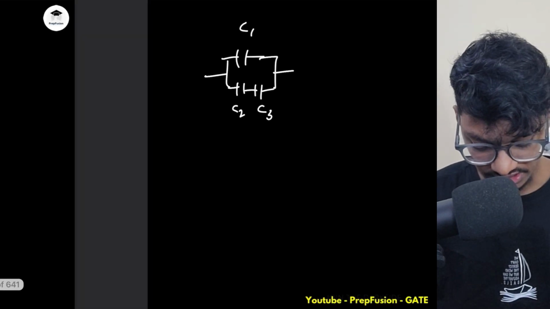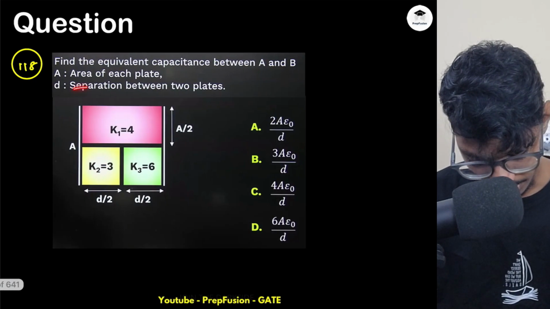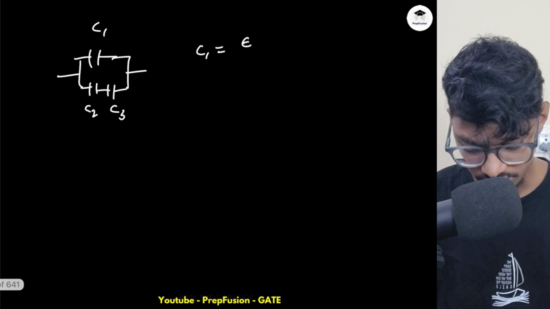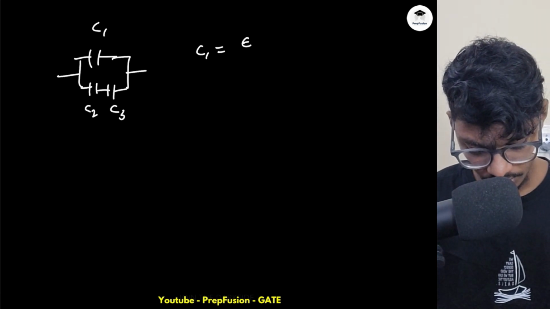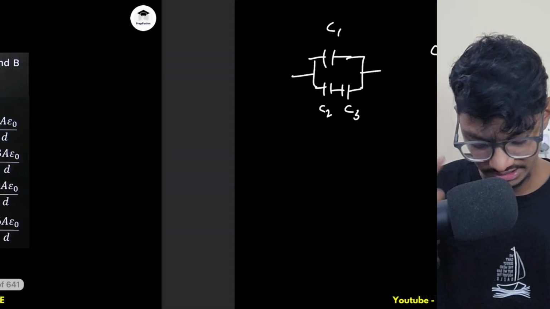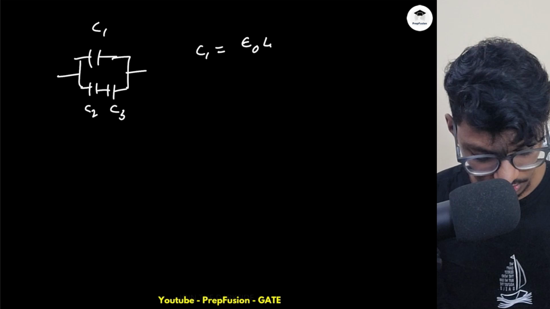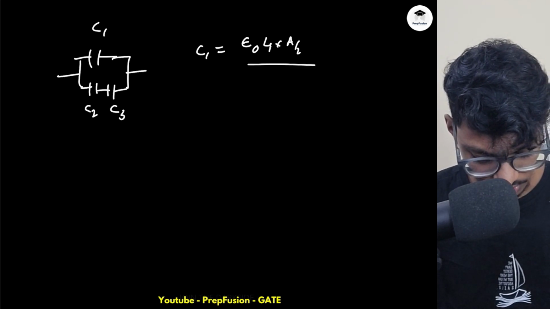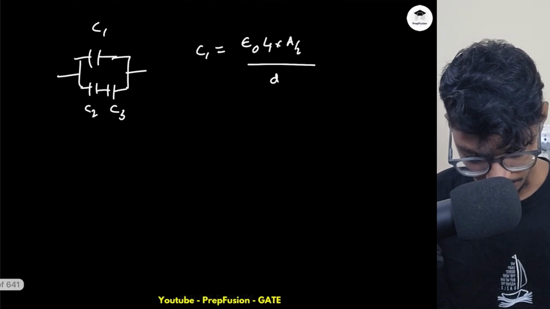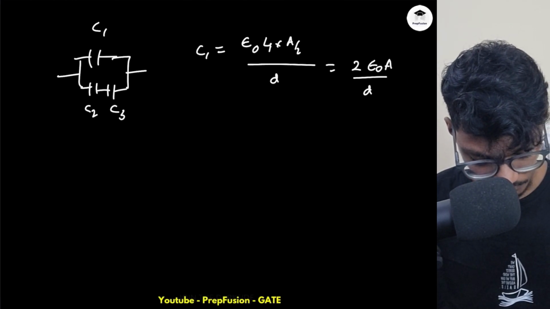Okay. So what is my C1? My C1 is simply, now here I have not talked anything about the relative permittivity. This is the relative permittivity, right? So C1 will be simply, now the distance is same, but the area has been halved, A by 2. Area simply has been halved. So C1 will be epsilon naught into K is 4 into A by 2 divided by distance. This distance is same. This distance is simply this small d, right? So it will come out to be 2 epsilon naught A divided by